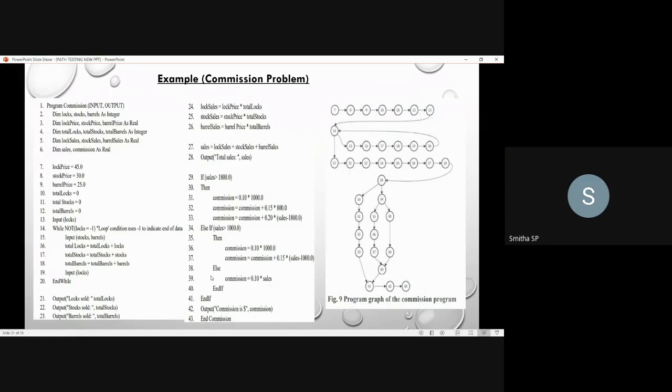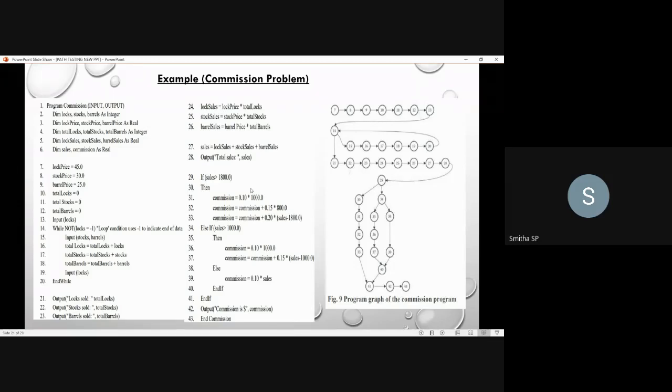At that time you have to calculate the commission, which is noted in the 38th line. So 38th to 39th there is a sequence flow. Next you'll end up with the end if condition, so 40, then 41, and from 41 to 43 again it's a sequence. So that is the program graph.